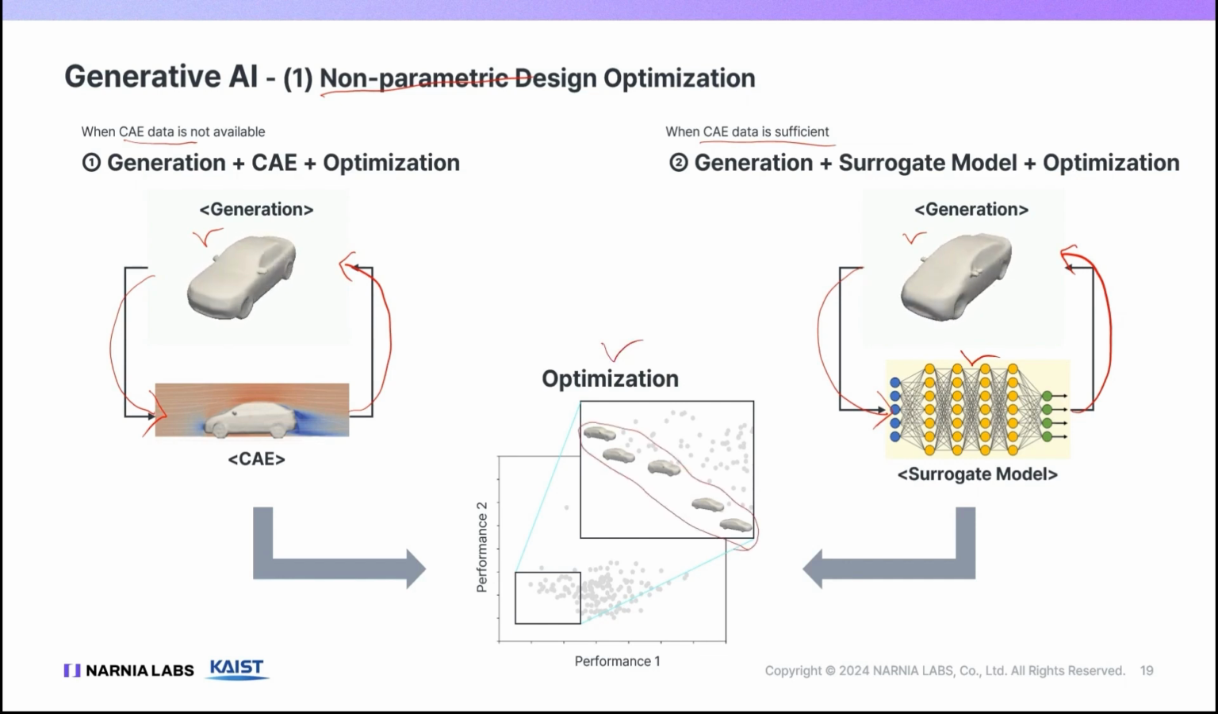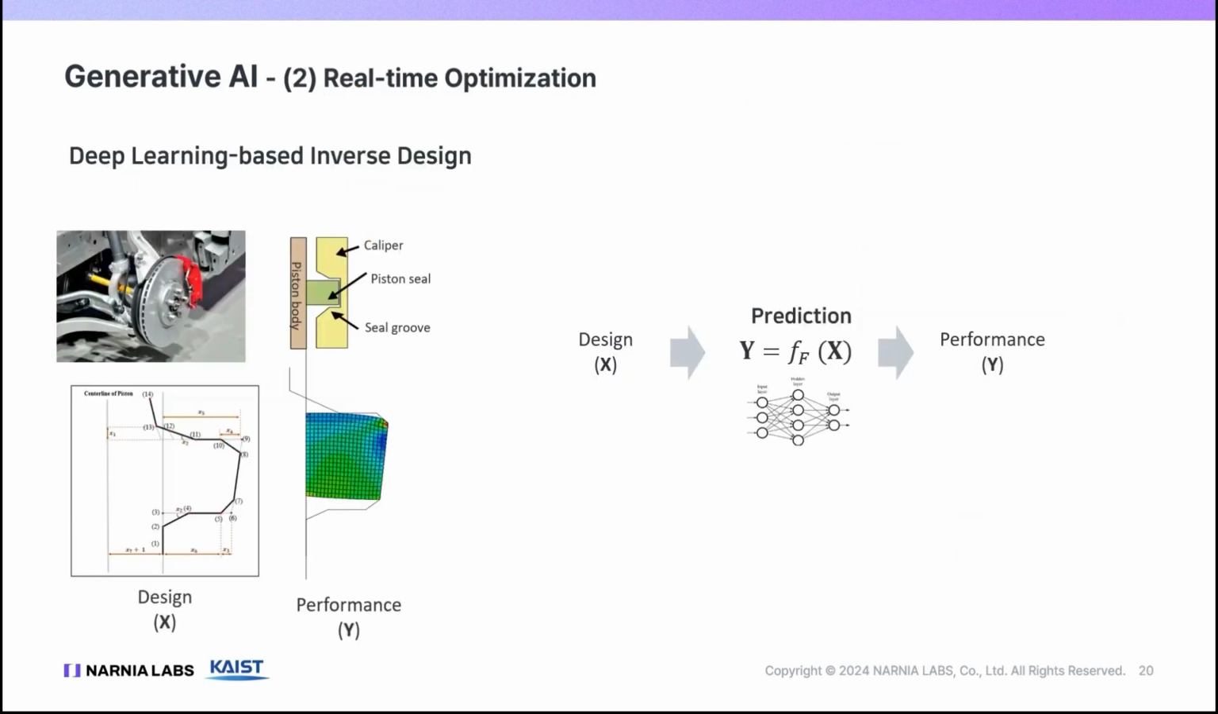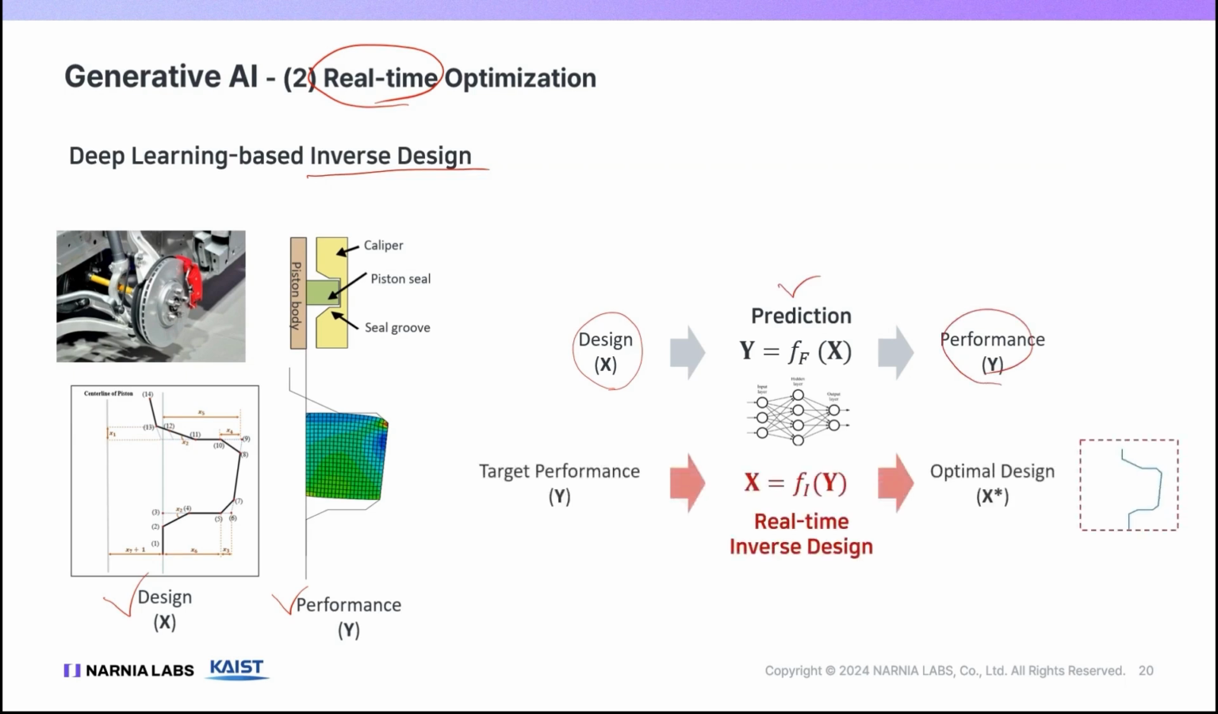The second advantage is that optimization can be done in real time. This is called inverse design. For example, let's say you are designing a cross-section of a brake as shown here. If we call the design X, then the performance that results from analysis would be Y's. So, the first thing you might think of is to create a predictive model where, when you input design X, you get performance Y's. But what designers really want is not a model where you input X and get Y,